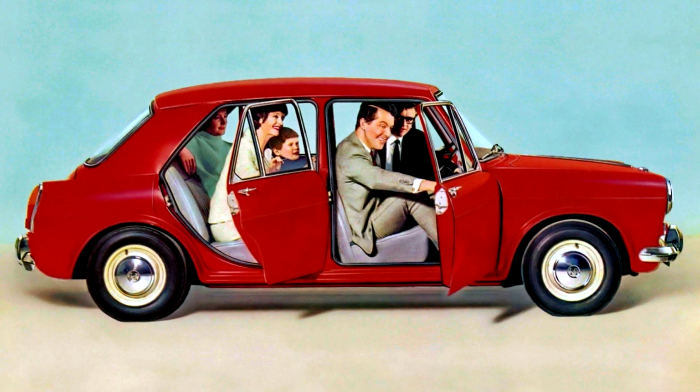In 1964 the 1100 was Wheels magazine's Car of the Year. For most of its production life, the ADO16 was Britain's best-selling car,